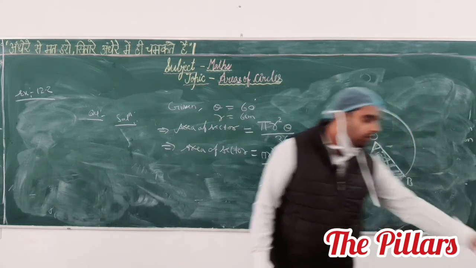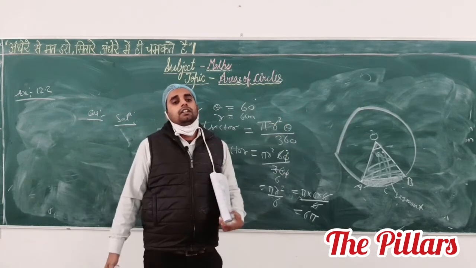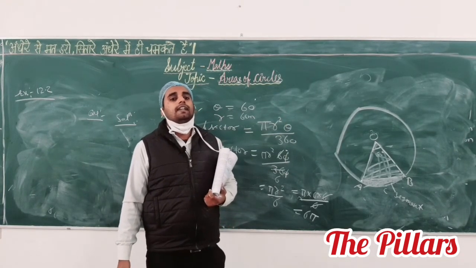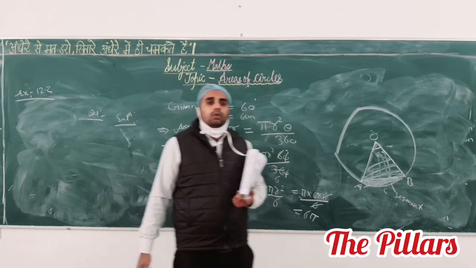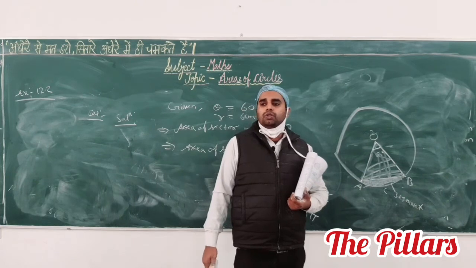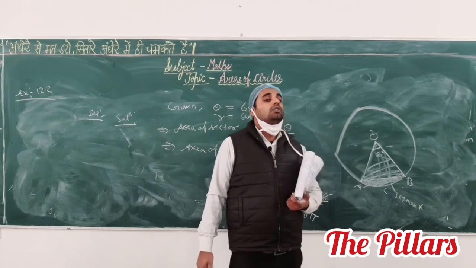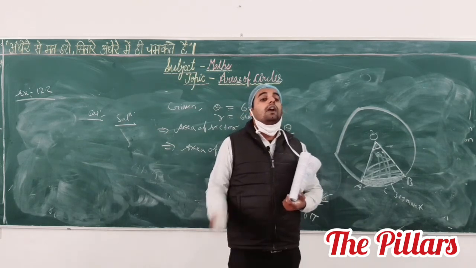Achha. You see that. Find the area of a quadrant of a circle whose circumference is 22 centimeter. If the circumference is 22 centimeter, it means the value of r is found from 2 pi r equals 22. This implies that the value of r equals 7 by 2. Achha. Quadrant means 1 by 4th part.